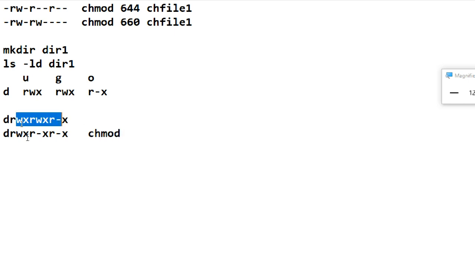Don't look at this one, look at this one only. rwx: r means 4, w means 2, x means 1 only. 4 plus 2 plus 1 is 7. 4 plus 1 is 5. 4 plus 1 is 5. So chmod 755 dir1. This is how we can do it.